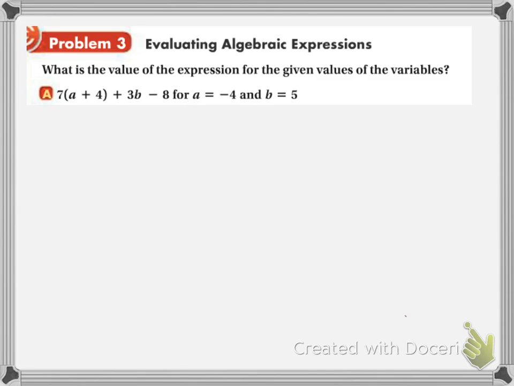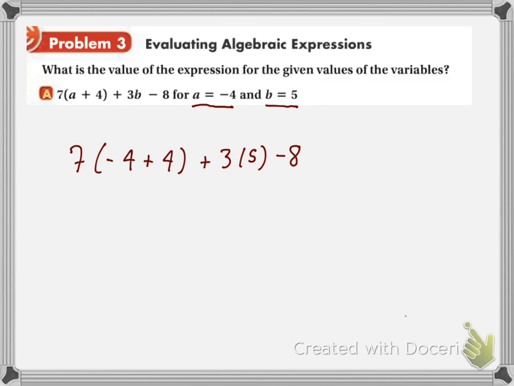In the next problem, we're going to be evaluating an algebraic expression. Here they already gave us the expression and they're telling us what to substitute in for the variables. Wherever I see an A, I'm going to replace it with a -4, and wherever I see a B in that expression, I'm going to replace it with a 5. First I'm going to rewrite my expression, substituting those values in for the variables. So I'll put down 7 times, instead of an A, I'm going to put -4 plus 4 plus 3. Instead of a B, I'm going to put 5